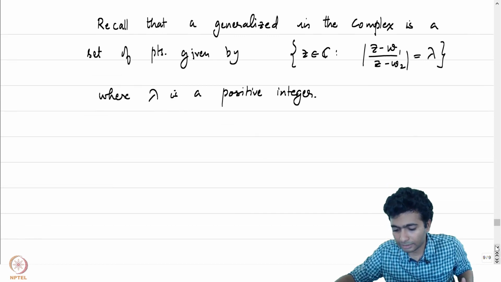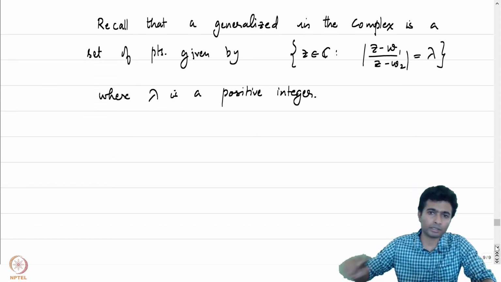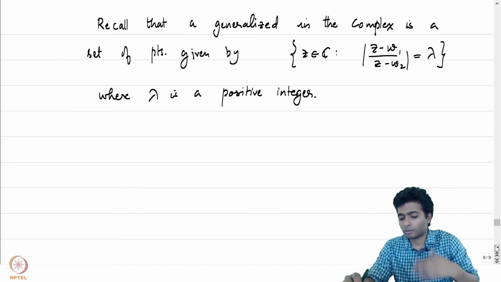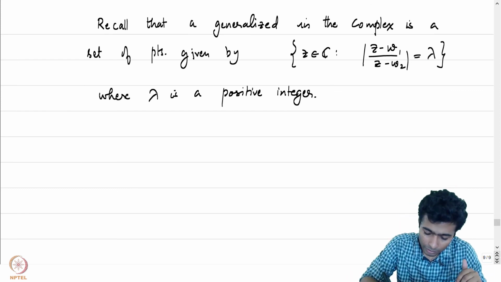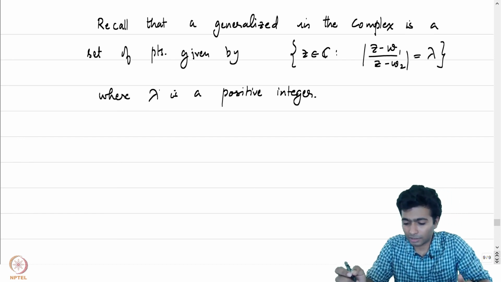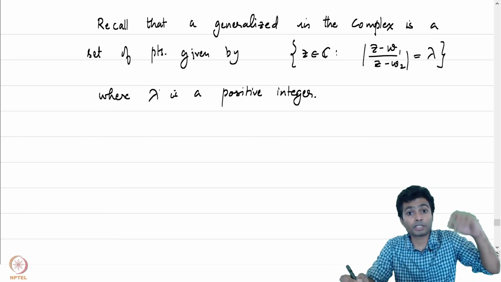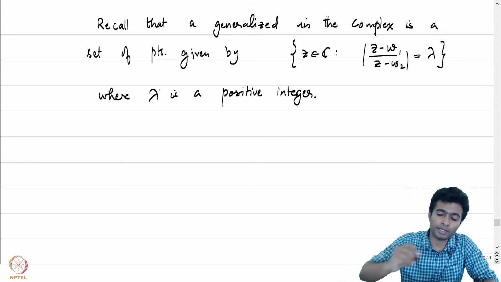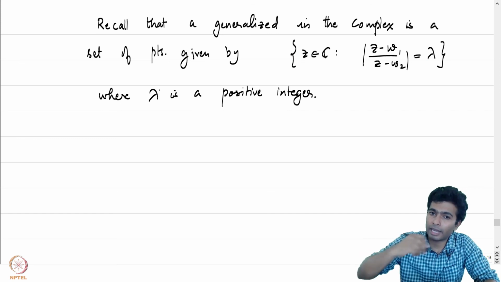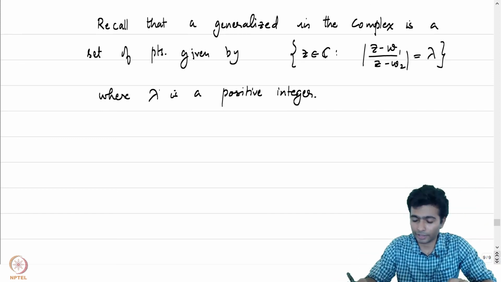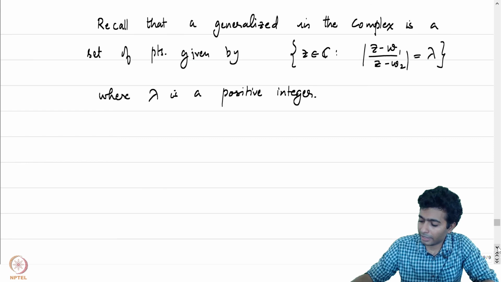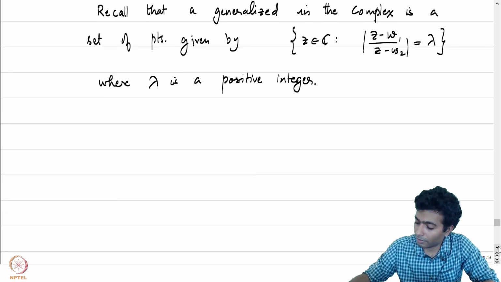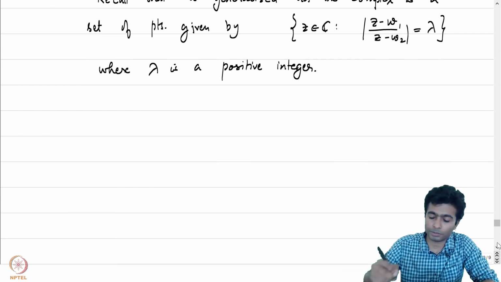We have seen that such a set will turn out to be either a circle or a straight line in the complex plane. Another way to think about the generalized circle is in the form of circles in the extended complex plane. In the extended complex plane, one could think of lines as circles with center at infinity. This is the right generalized setting which we would be considering while we study the image of such objects under